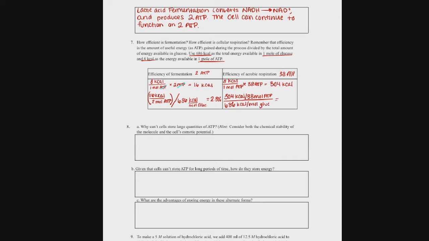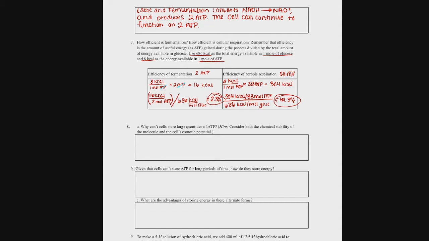And this percentage comes out to 44.3%, which is a lot greater than that of the efficiency of fermentation. So we can see here why we definitely prefer aerobic respiration over those like